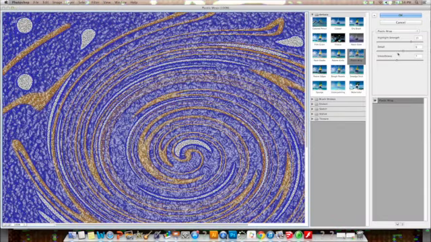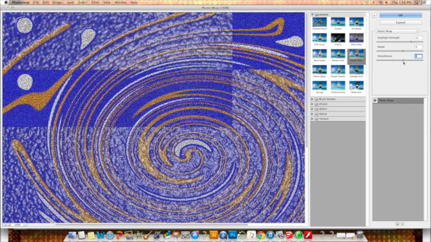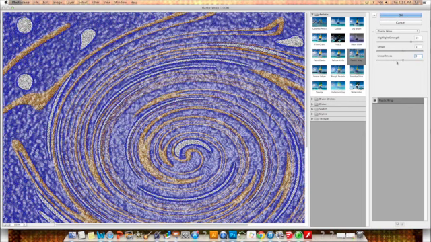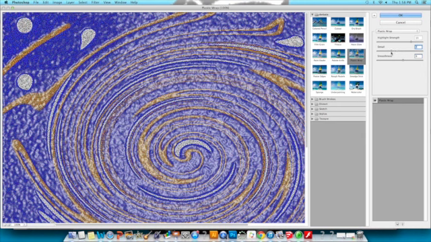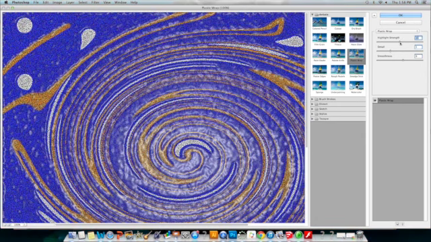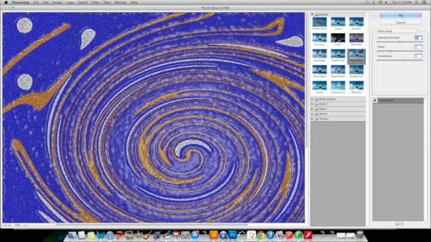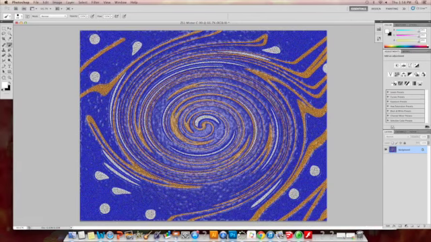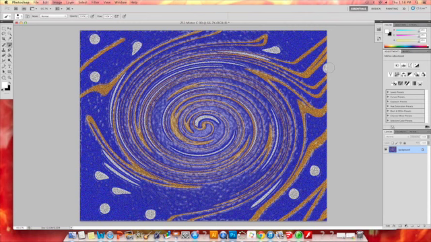Okay, I'm definitely liking that. Let's see what else I could do to this. Oh, that's a little bit too much. How about if I change this? That's pretty cool. Alright, I think this is just about where I want it. Press OK. Alright, so now I have my background design done. It has 3 different textures on it, or 3 different filters on it, and it came up with a pretty